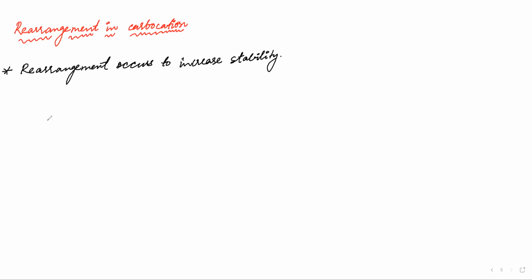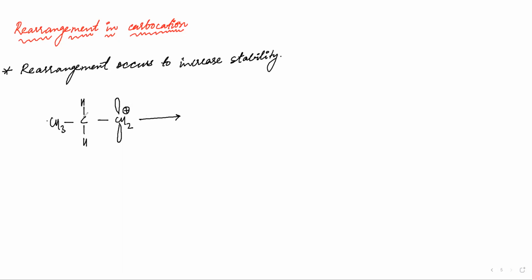For example, if I want to start, there are shifts that happen. Let me write it like this. If there is something like CH3, CH2, CH2, and this is a carbocation CH2. So if I expand this, I can write it like this: CH, CH, and there is a vacant orbital here and a positive charge here.